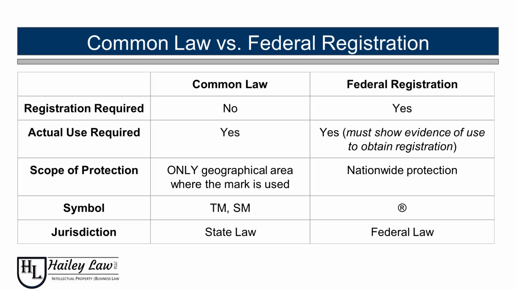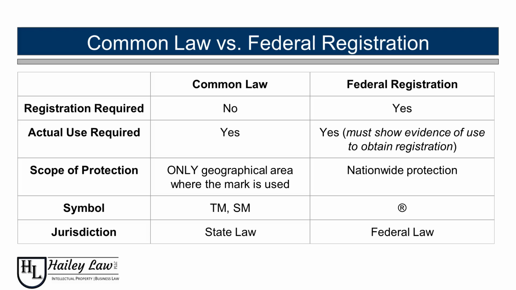The difference between common law versus federal registration. As you see in a table before you, common law, there's no registration required. You have to actually have use in order to have a trademark. The scope of protection is only the geographical area in which the mark is used. You can use the symbol TM, which stands for trademark, and SM, which stands for service mark, and the jurisdiction